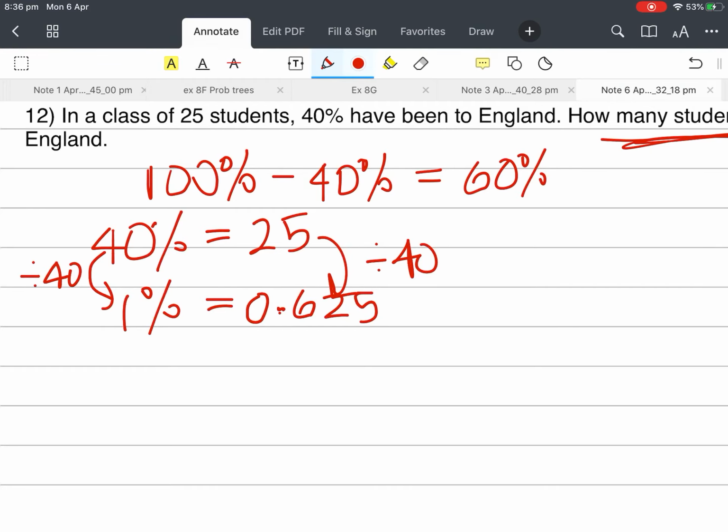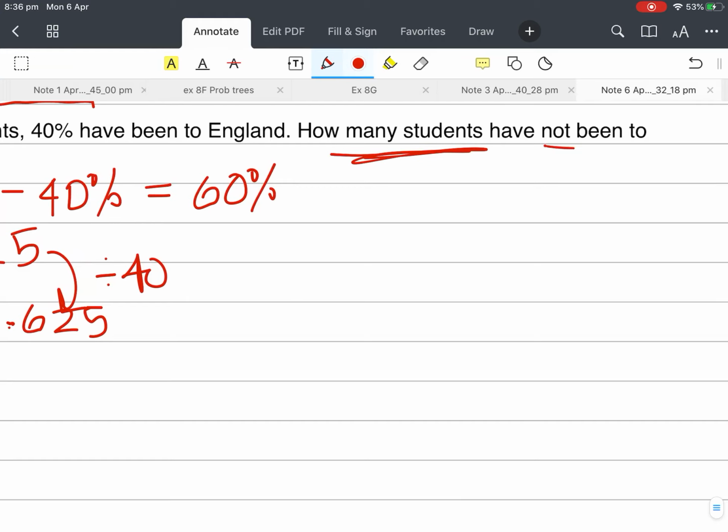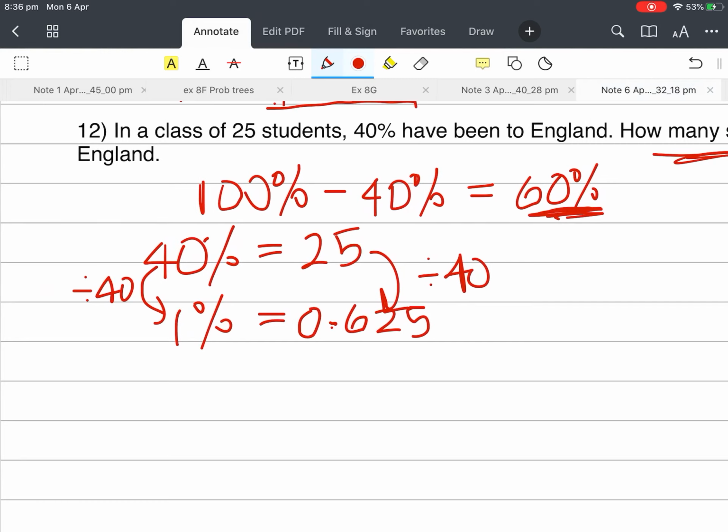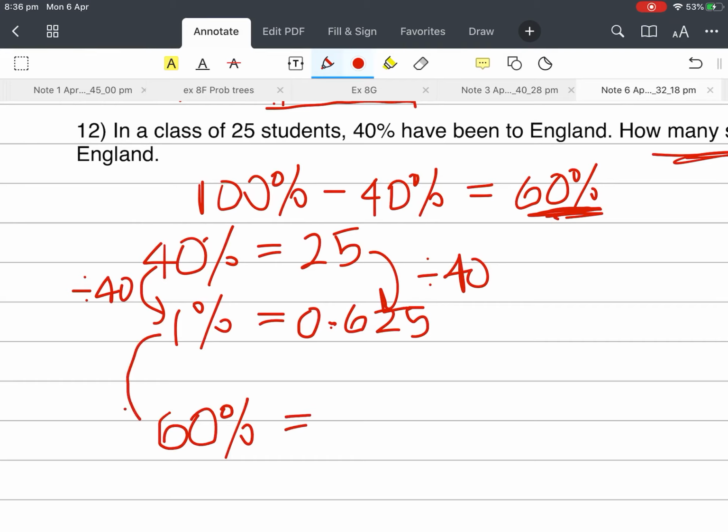Now remember, we want to know how many students have not been to England. And we worked out over here that it was 60%. So instead of working out 100%, we're now going to figure out what's 60%? So I say to myself, what do I do to the 1 to change it to 60? I multiply by 60. So I'm going to do the same with my decimal over here. I'm going to times it by 60. So I'm going to do 0.625 times by 60, and that gives me 30, oh goodness me,